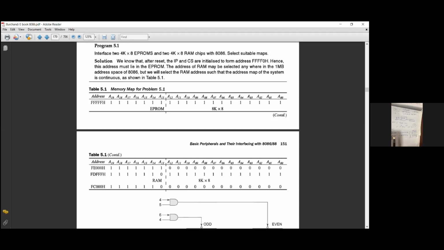So this is nothing but the concept of 8085. So what is the change in 8086? In 8086, ROM always ends at FFFFFH, and RAM always starts from 00000H. But why is it totally 180 degrees different, the reverse of 8085? The question is, why is it reversed? Why is it not similar? Is my question clear to everyone?